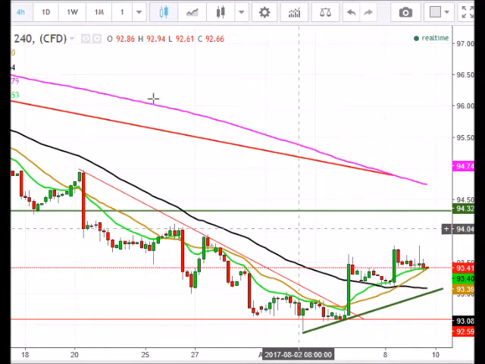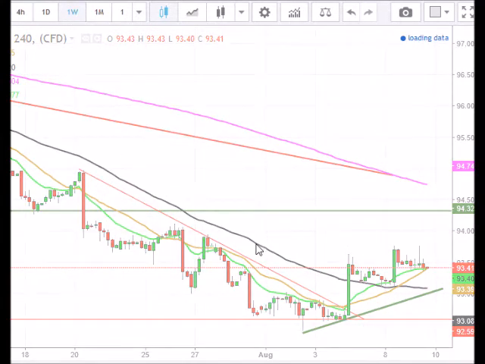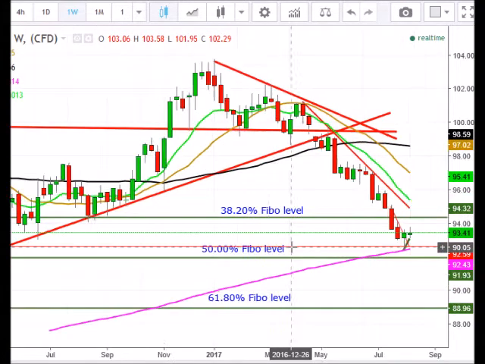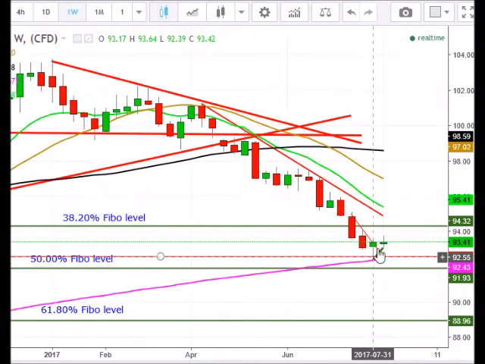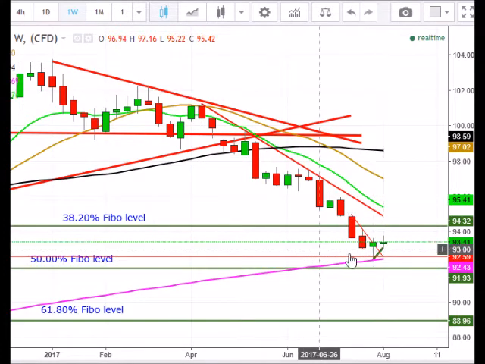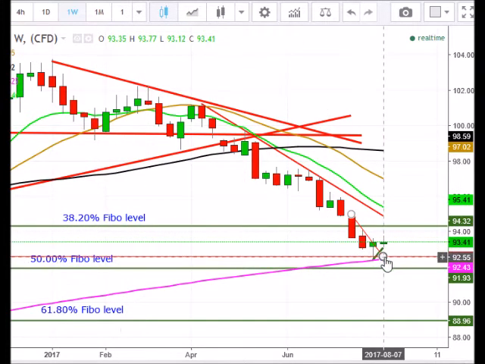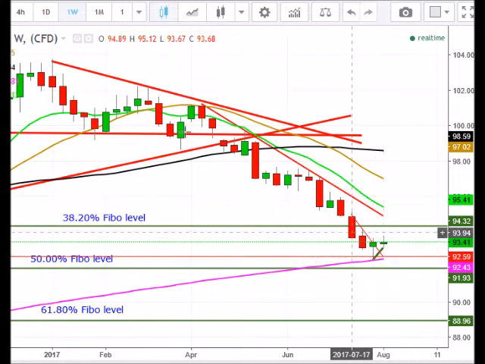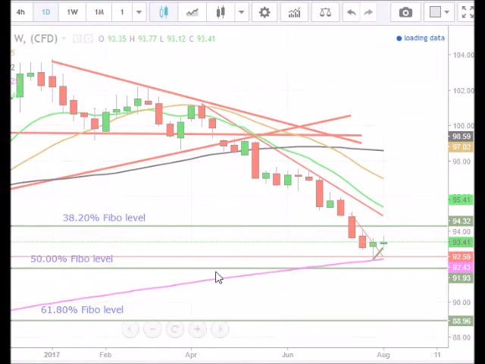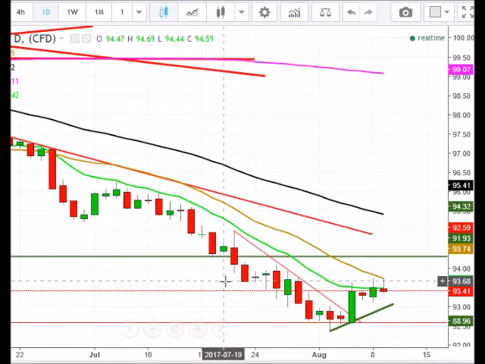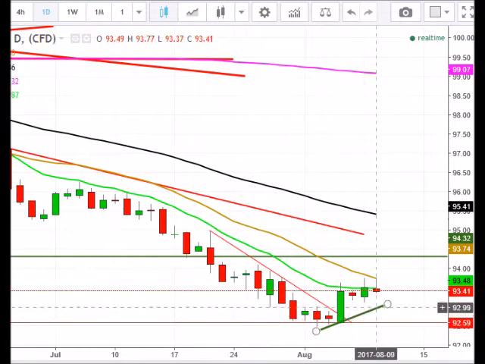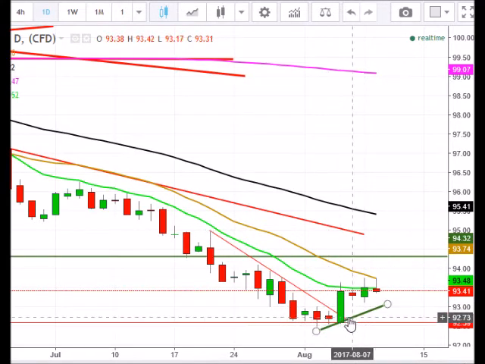But in the larger scheme of things, going back to this weekly time frame, you can really see here when I zoom in, we have a nice strong hammer from last week. So if we did happen to close this week a little bit lower, so even if we did see the US dollar push lower again to test this area here, let's go back to the daily. It's probably a little bit cleaner to see. So again, this is the area you want to watch for. Are we going to maintain this uptrend line here that we had put in last week, and or are we going to maintain support around 93?